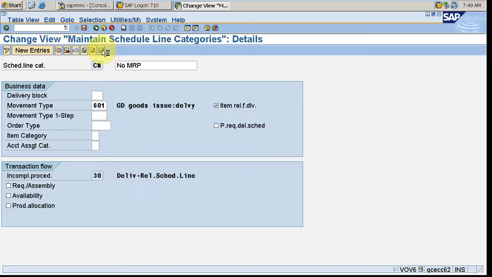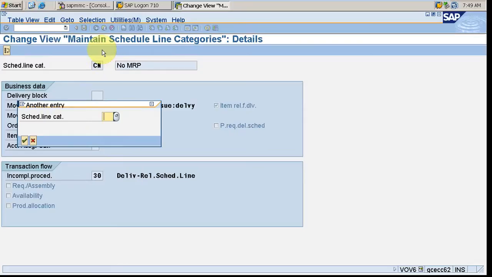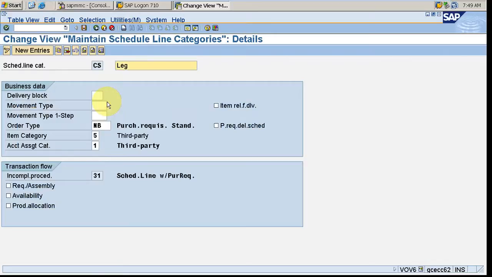CS, that is for TAS, third party. You see order type NB. Only CS and CB will have these configurations, and you see here item relevant for delivery is unchecked. Why? Because the company is not doing delivery, third party is doing the delivery. We don't have any schedule lines here.